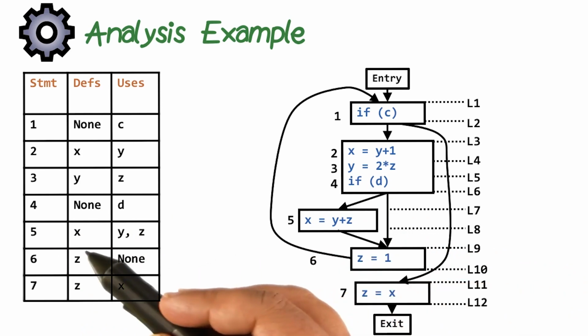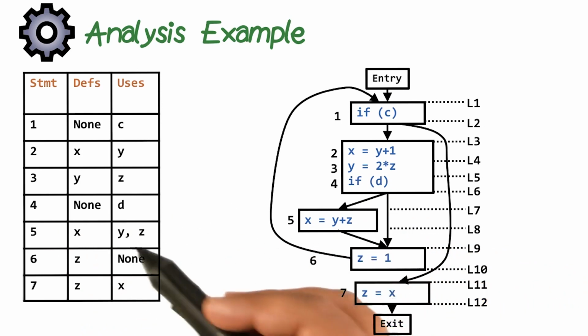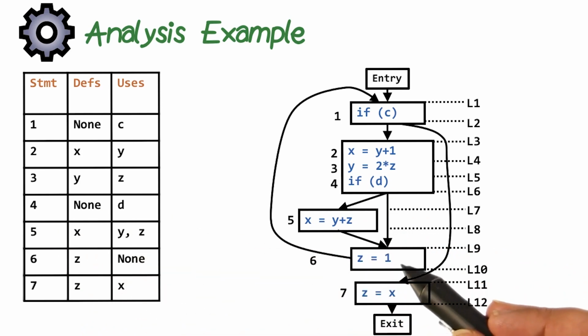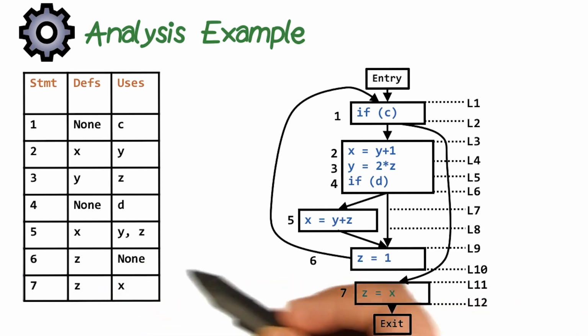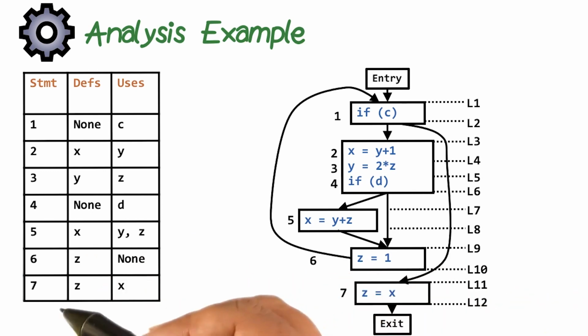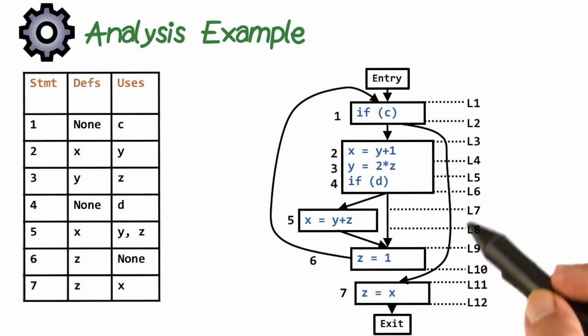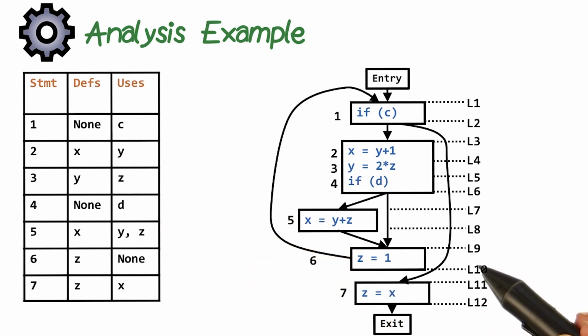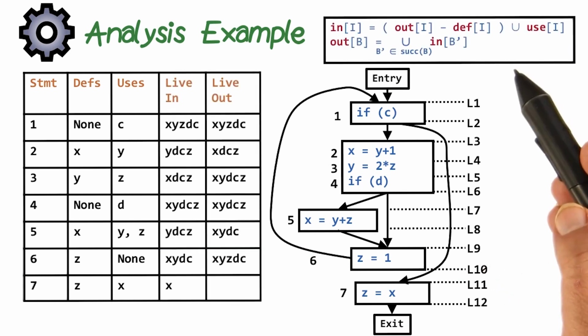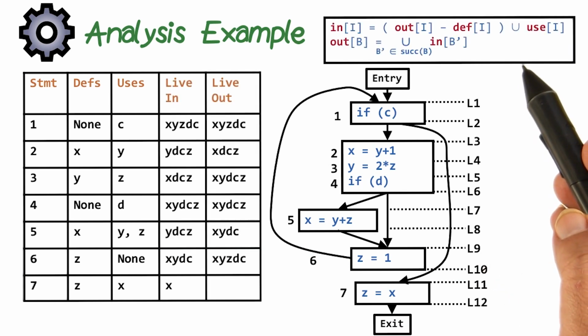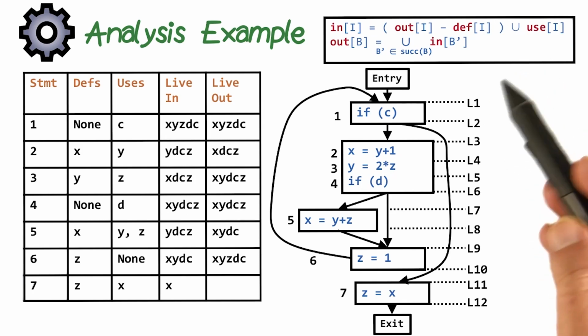Similarly, if you go to statement 5, x is being defined and y and z are being used. For 6, z is being defined and nothing is being used. For 7, z is being defined and x is being used, and so on. So for each statement, we have defined what values are being defined and what uses are being generated. And then using these equations and the algorithm that we mentioned, we are going to first